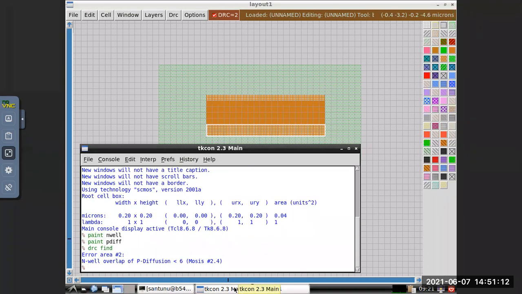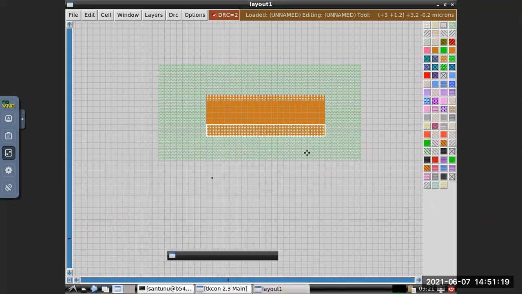Nwell overlap of P diffusion less than 6. That means from P diffusion to nwell should be 6 boxes. I have given 5, that's why it is showing error. This side also, 1, 2, 3, 4. So you have to give at least 6.